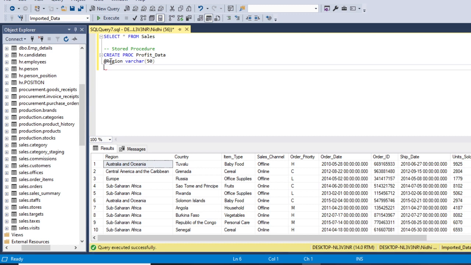Okay, so after that we will begin our transaction and we'll write our code, and then we will end our transaction. So we write our code in between begin and end. So now we will create our stored procedure for fetching the total profit by each country where the region is the region provided by the user. So for that we will write the select command to select the country and total profit